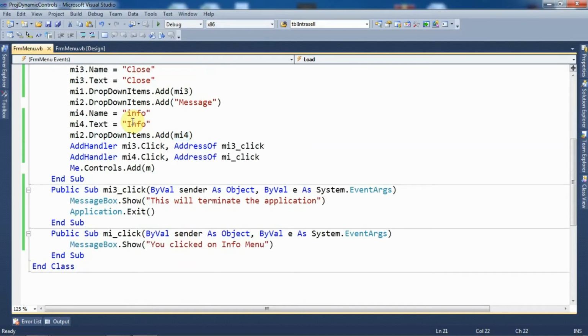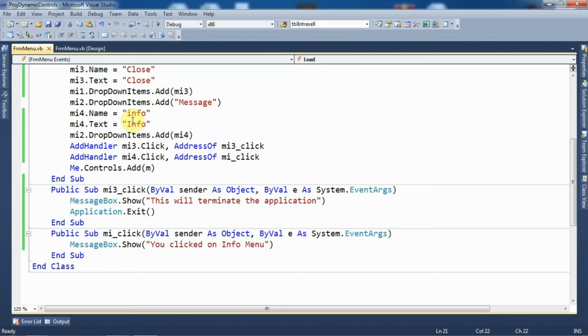So now the menu will look like this: there will be two main menus, that is file and show. Within file there are sub menus, that is open and close, and within show the sub menus will be message and info.